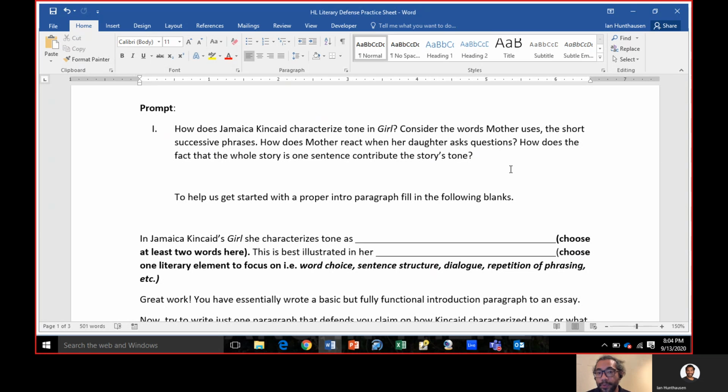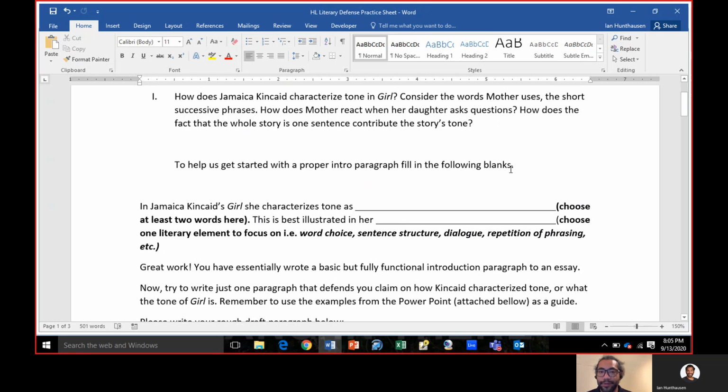Okay. Now, part of what we're going to do tomorrow, I'm going to have a little bit about writing an introduction sentence, and we're definitely going to talk more about introduction sentences down the road, but they're super simple and they're really easy to just kind of literally have a formula, plug and chug, and that gives you time to focus on the actual meat of an argument or a literary defense, which is like your body paragraphs. If you're writing an essay, if you're doing a debate, the different speeches you'll give in a debate are kind of like your paragraphs in an essay. Introduction, you can get through it, and then you can get to the meat of your argument.